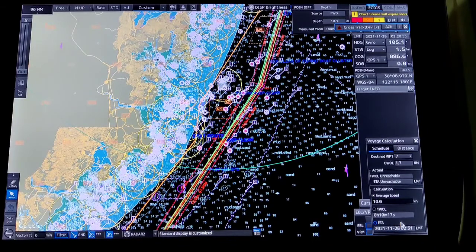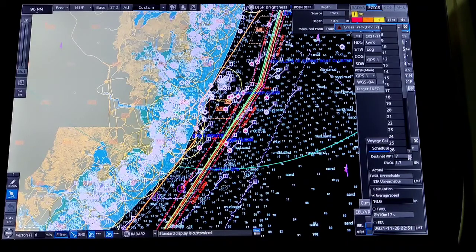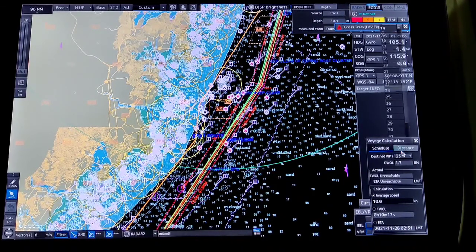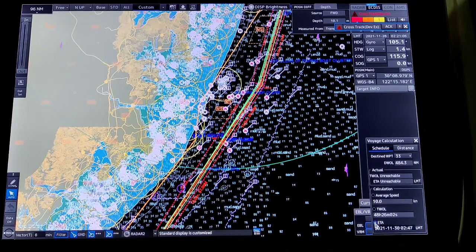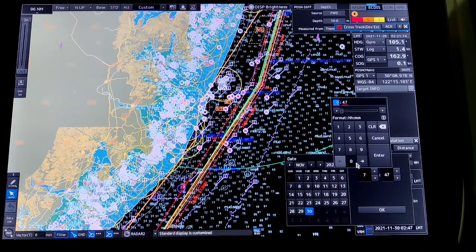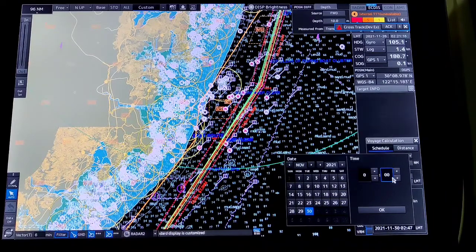If you want to calculate ETA, just click on this section, click on the waypoint, for example your pilot boarding grounds. Suppose I select ETA, then click on what ETA you have to maintain. Suppose I enter 23, morning, enter.